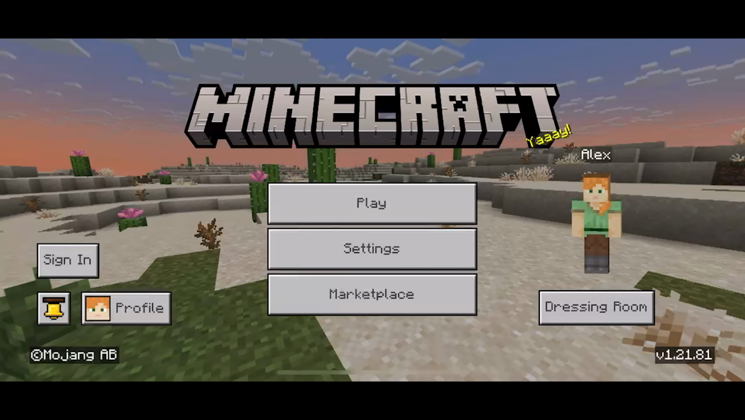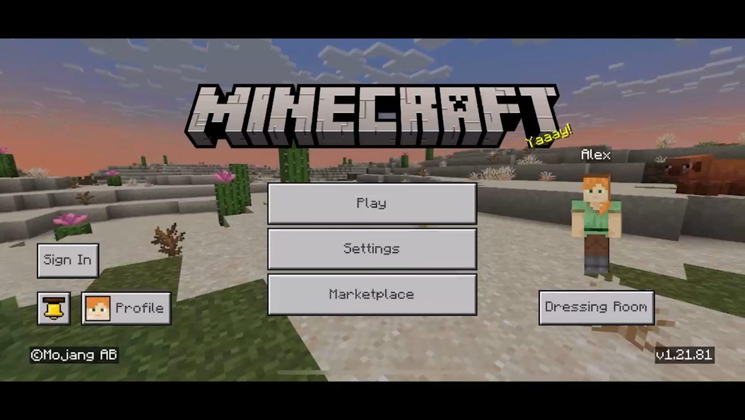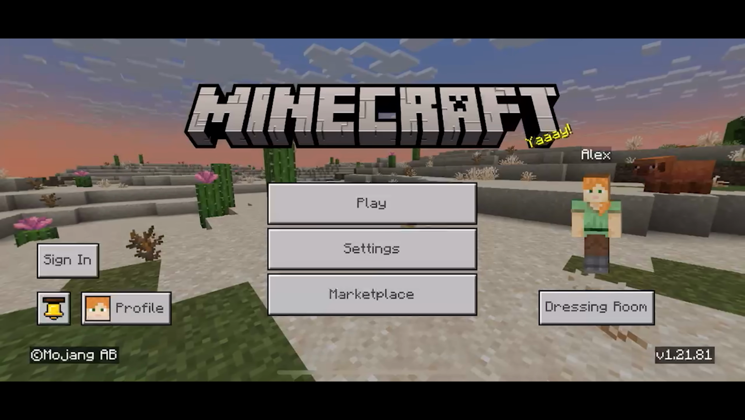In this tutorial, we'll walk you through how you can reduce lag in Minecraft PE, aka Pocket Edition or Minecraft